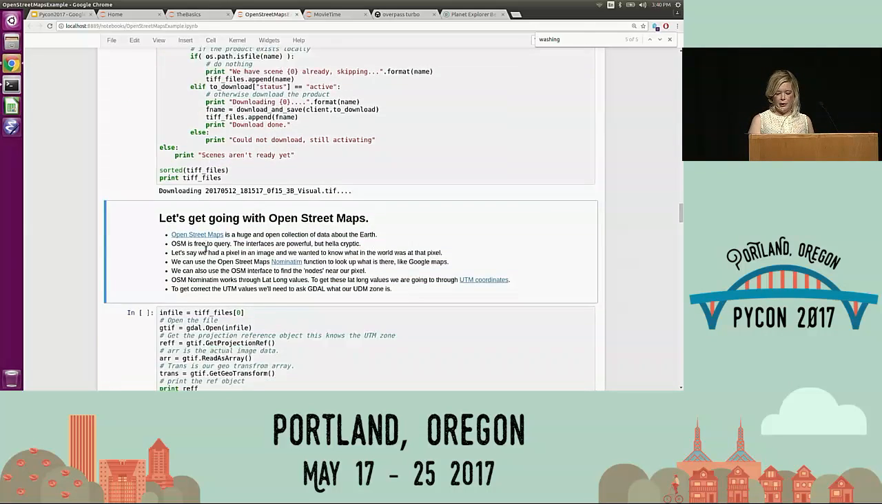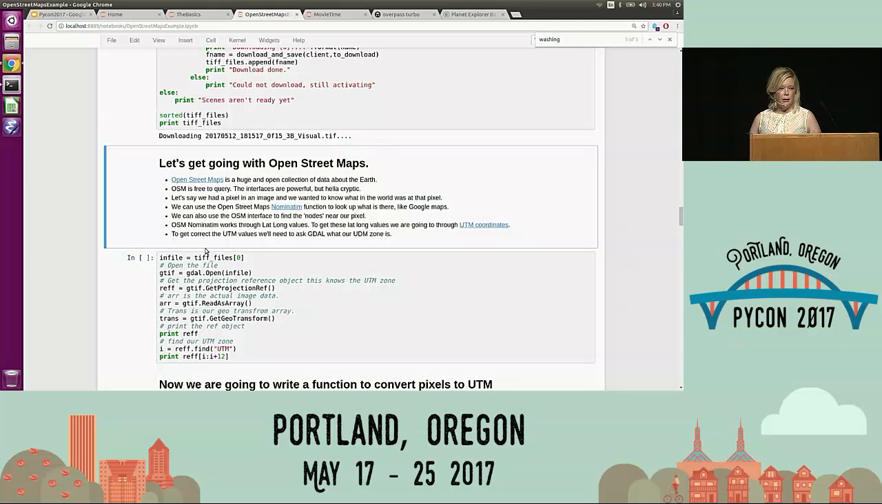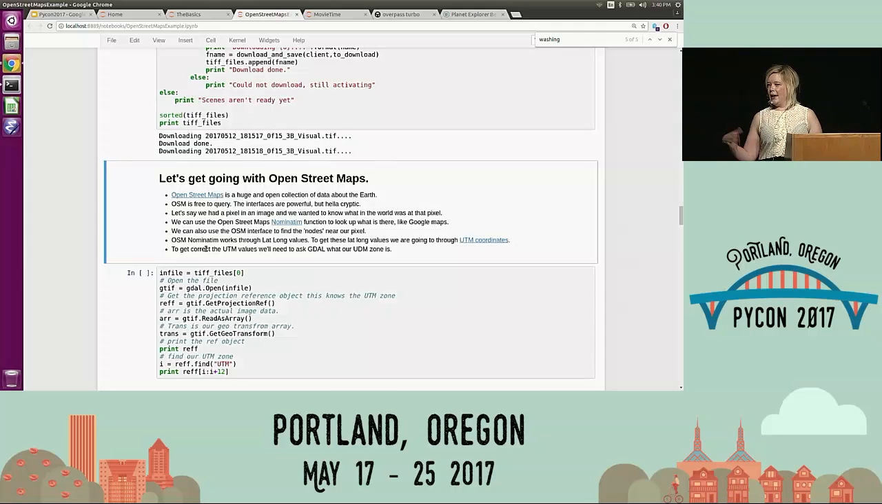Okay, and so while that's downloading, I'm gonna start walking through the next little example here. One of the most common problems I've heard with people getting started with this data is, I have this pixel, now I want to know where it is in the world and what's there. Like, I've found this thing that I'm interested in, how do we look that up? And the short of it is that we look that up by using